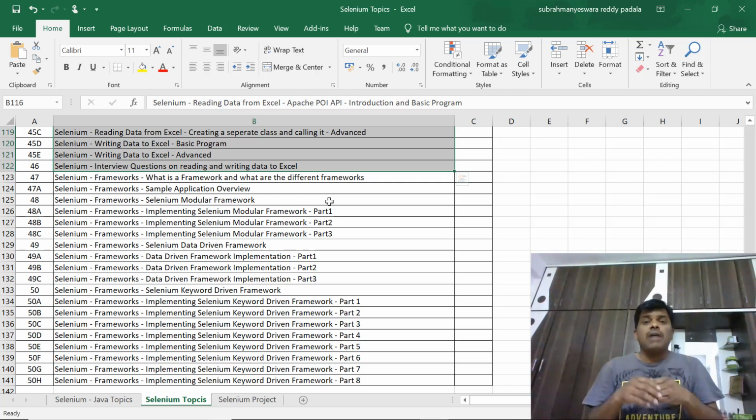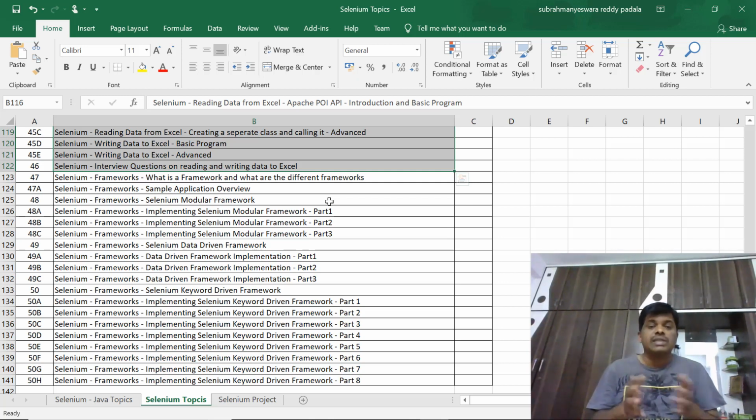So what I have done is I have already created a project on this one using some application. It's a PHP application, web application. So using that, I have done a project, an end-to-end automation using hybrid framework. Hybrid framework is nothing but a mixture of different frameworks. So I have used keyword-driven framework in that. I have used modular framework in that. I have used data-driven framework in that. So I have used all these different frameworks, and I'm going to show you that one, but that will be a different playlist. But in this playlist, in this series of videos,